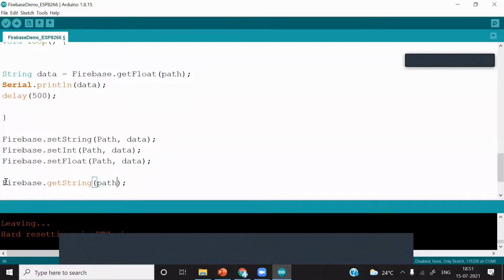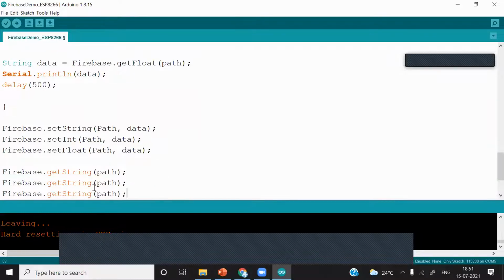Okay. I'll just copy it. The same with the integer and float. Always remember to assign this function to a respective variable. If you are fetching the string data type, you must assign this to a string variable. You must assign this to an integer variable. I will just write it.